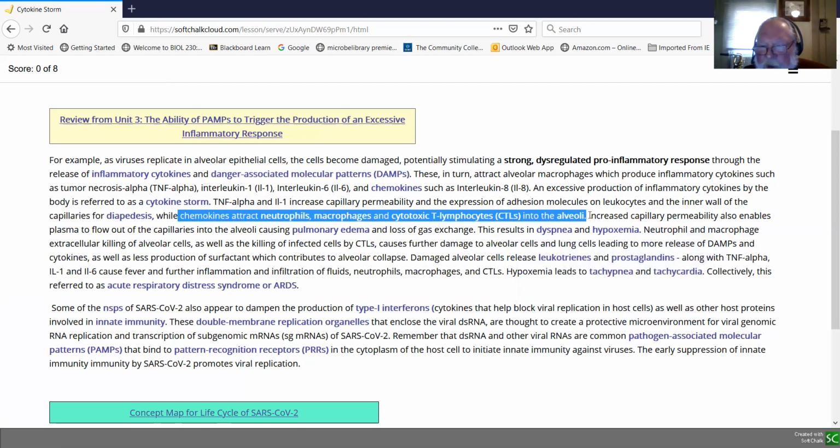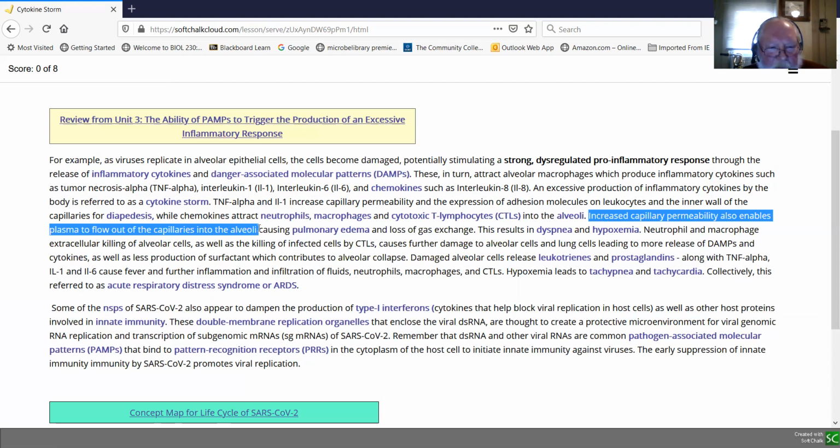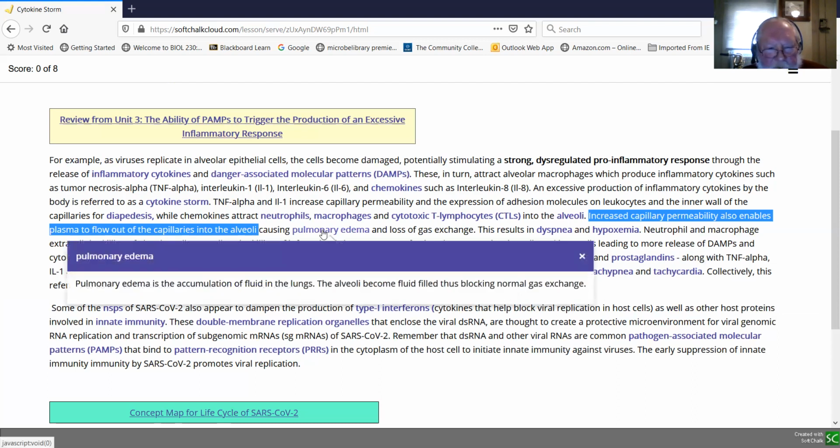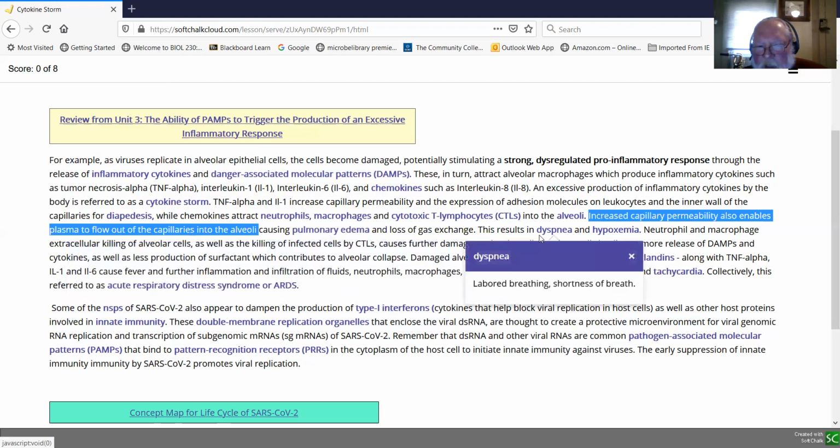So the increased capillary permeability in the alveoli enables plasma to flow out of the capillaries into the alveoli so they become fluid-filled. That we call pulmonary edema, or an accumulation of fluid in the lungs. And of course, as the alveoli become fluid-filled, that blocks gas exchange. Oxygen is not absorbed into the blood, and of course, that's going to lead to lack of perfusion. So that's what results in the labored breathing, or dyspnea, shortness of breath, hypoxemia, or low levels of oxygen in